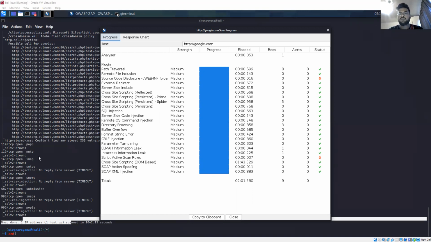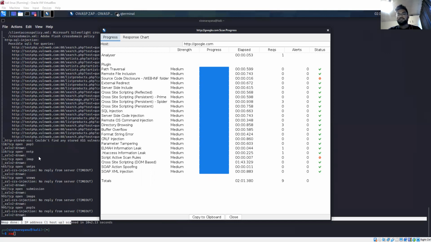I'm going to use ZAP and Network Mapper, nmap. Here I'm going to explain the Zed Attack Proxy, under the auspices of the Open Web Application Security Project.